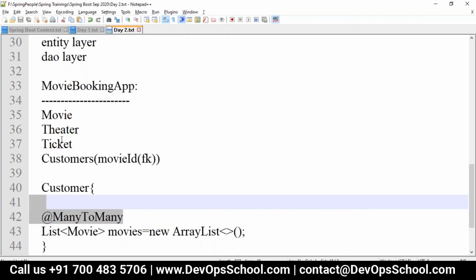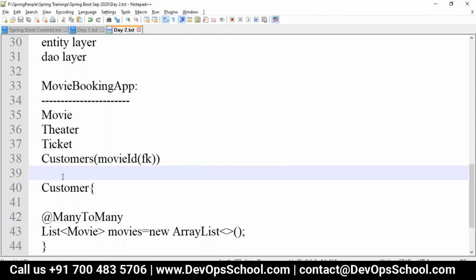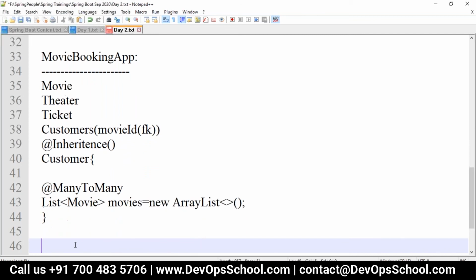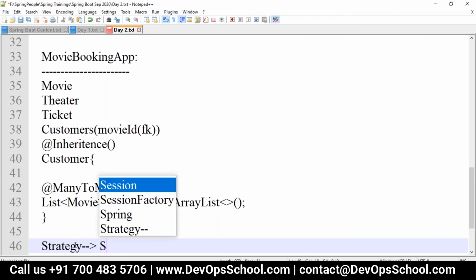And if you have inheritance also, we have some inheritance strategies with Hibernate. You'll mention here how you want the table structure. Say you have one parent and 10 different children, but I want only one table to be referred to for all my children. So we have a strategy called single table.